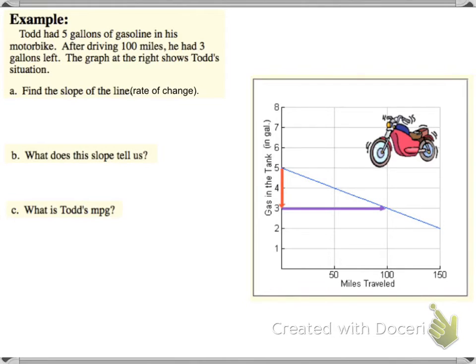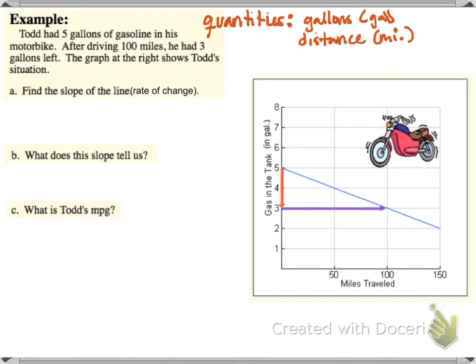So here's our first example. First, we want to think of what two quantities are we measuring that are changing. So the quantities are gas and distance. Gas is measured in gallons, and distance is measured in miles. So to find the slope, or the rate of change, those are really the same thing. We see that it goes down